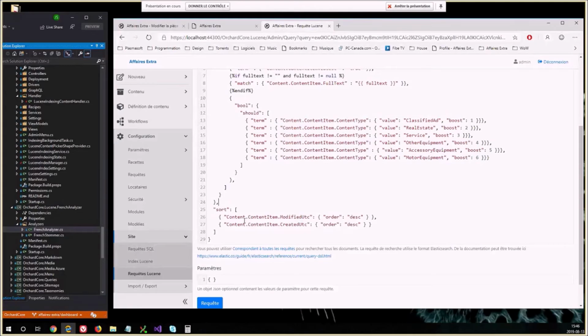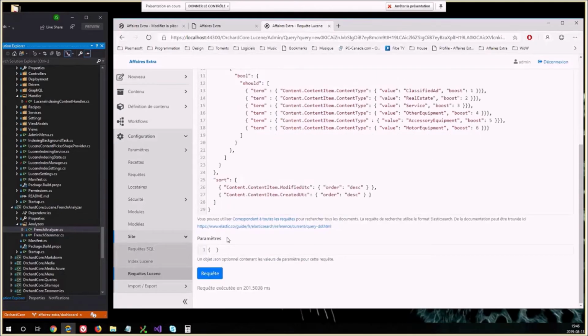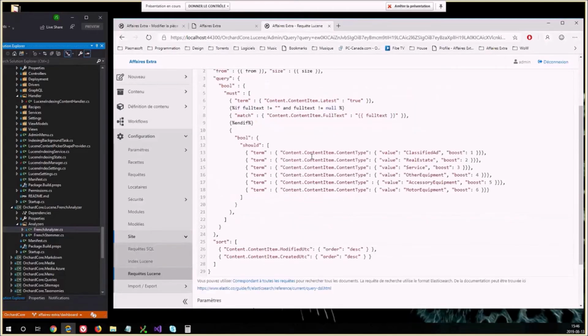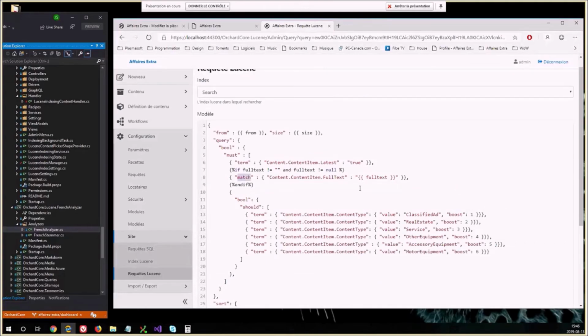So you don't need a sort. But why do you have a condition on the full text field? Because it's not mandatory? Yeah, and normally, when you do a match like this, and you put full text equals string empty, then it's going to try to find everything that has a string empty in the full text, which will return nothing, and I don't want that. And normally, I'm checking if the full text parameter is passed, and if there's something also in this parameter, because I could do something like